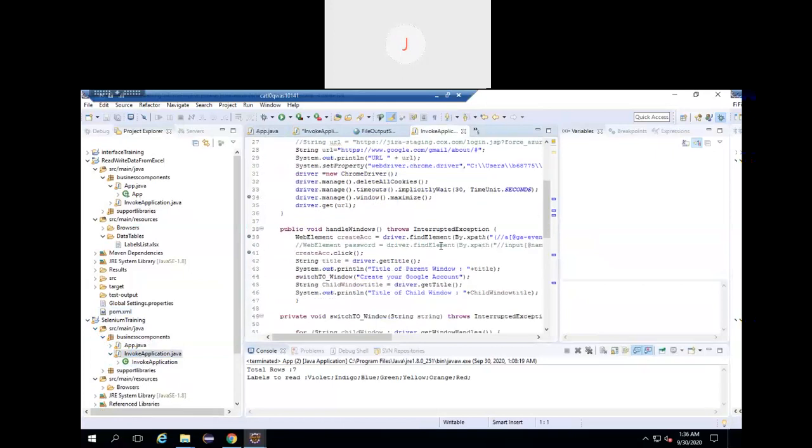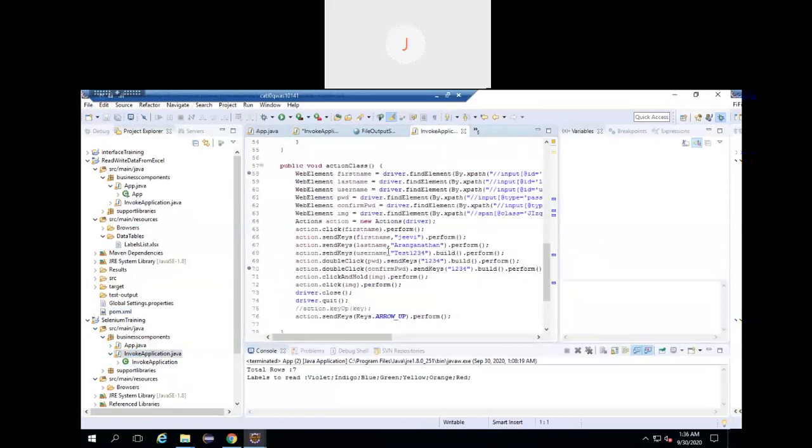See here, you have to launch it over here. You have to get the XPath. Whatever the XPath is, you have to get it and send keys. Here, instead of GV or whatever, I'll be sending labels over here. Got it? You have to find the web element first, and find the XPath.